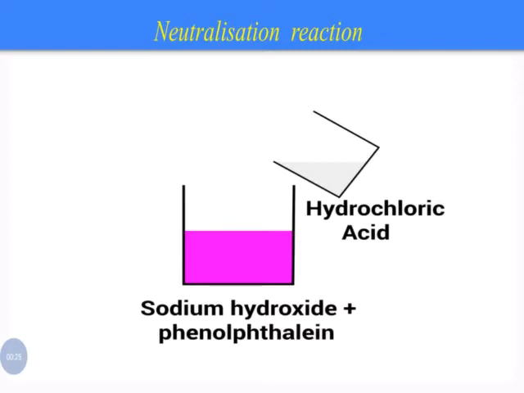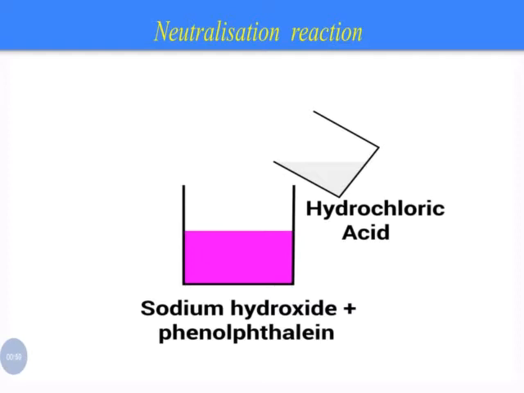We know indicators are used to test whether the given solution is acidic or basic. The reason why we used phenolphthalein in sodium hydroxide solution is that sodium hydroxide and hydrochloric acid are both colorless